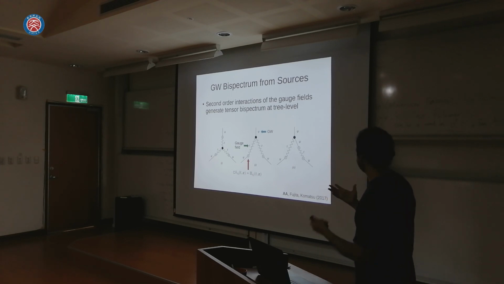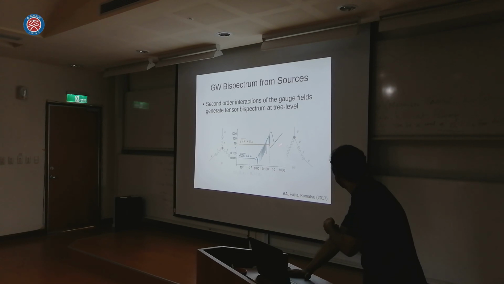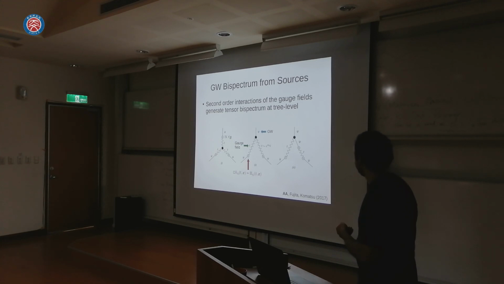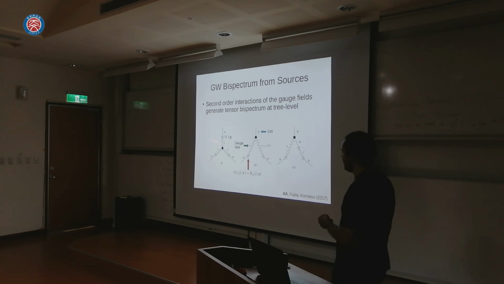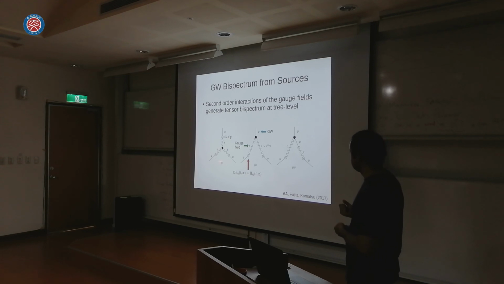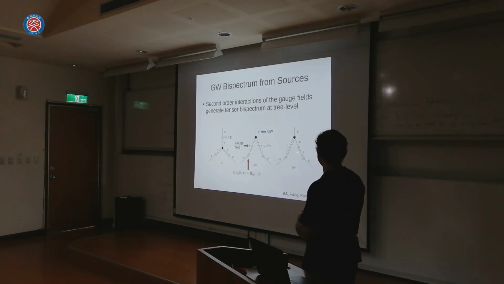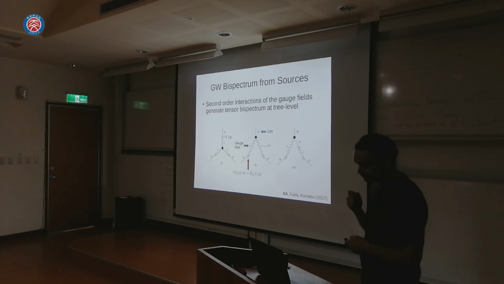Just to get an idea of which one of these is the most dominant diagram, we once again consider this exponential amplification. The gauge field is exponentially amplified. So naively, we would expect that the larger the number of gauge bosons exchanged in any process, the higher the contribution of that particular interaction. In this case, that would mean that this diagram, which has 3 gauge bosons being exchanged, is the more dominant one with respect to these other 2, which have only 2 gauge bosons.